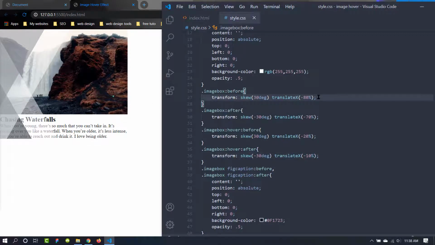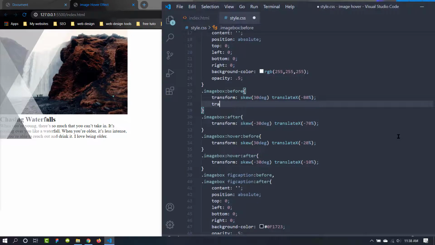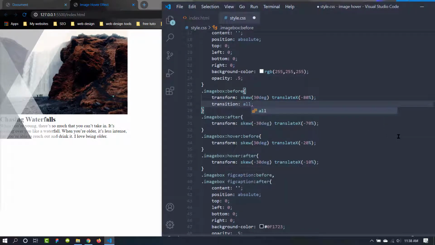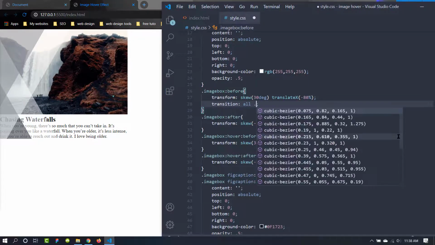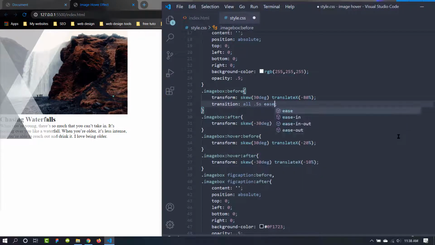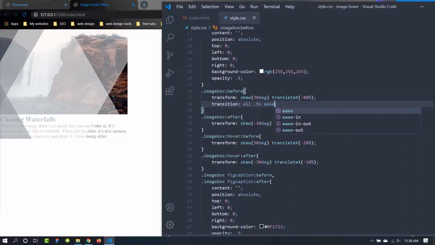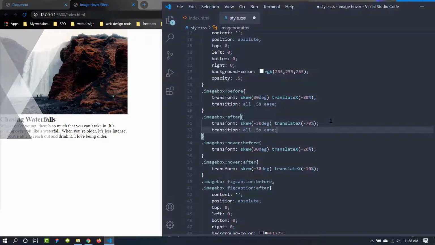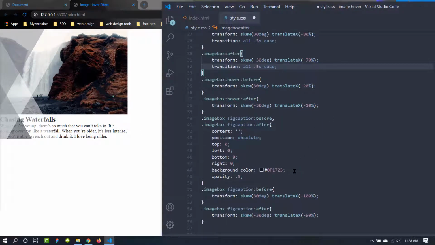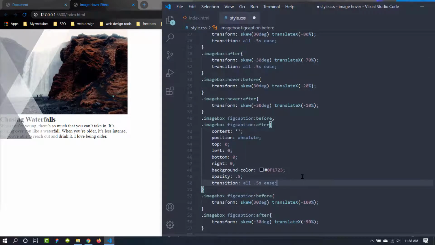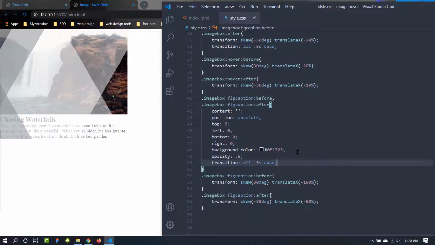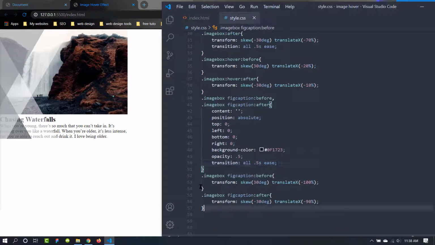We need to apply a transition with it. Transition all. Let's give it a value of 0.5 second, and ease. We can copy this and apply it on every one of them after, and also after this. Let's save. Okay, now we need to apply the hover effect with this too.